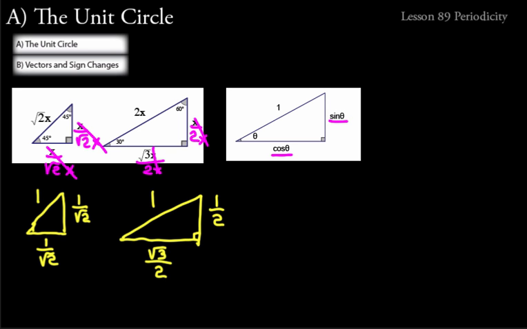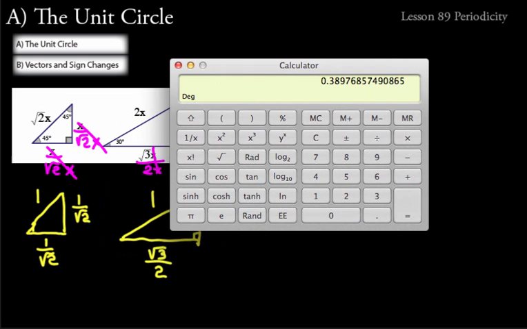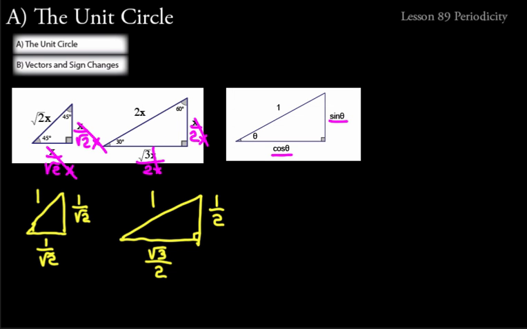I mean, try that on your calculator. You'll see that cosine of 45 is equal to the sine of 45. That's equal to 0.707. Now get your calculator out, and we can just do that right here: 1 divided by the square root of 2, and that equals 0.707. 1 over the square root of 2 equals 0.707. So does cosine of 45, 0.707. So does sine of 45, 0.707. You can try that with the 30, 60, 90 degree triangle as well.